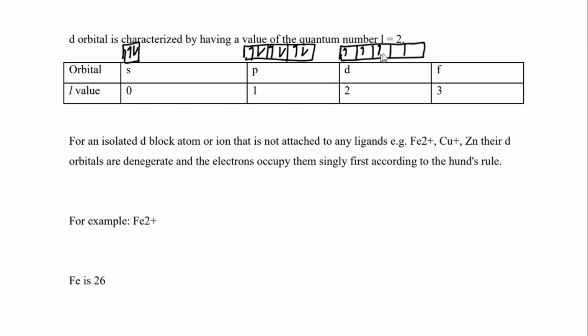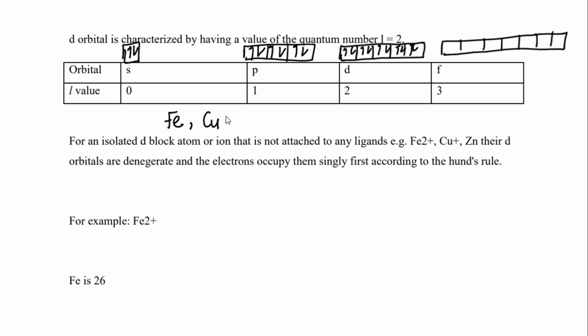singly first, and then you pair up, right? So we have these electrons. The f orbital can accommodate 14 electrons. It's divided into 7 compartments. So for an isolated d block atom, let's say we have Fe atom